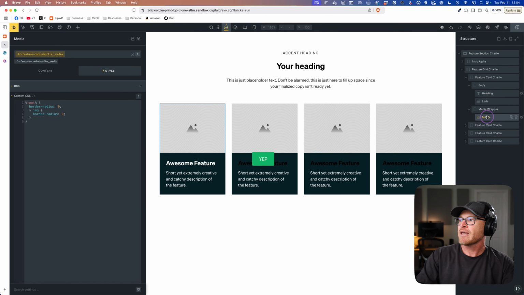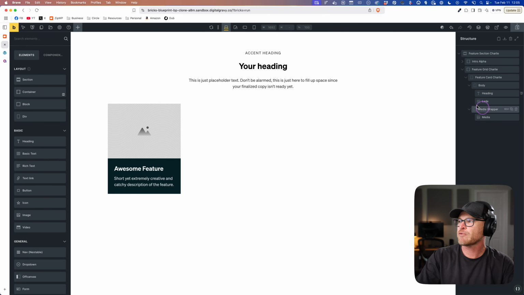Okay. By the way, a principle in Etch that we're following is if the builder ever renders a box, it will show you the box in the structure panel and give you access to the box. Like the figure tag is a box wrapped around the image, but Bricks doesn't give you access to it and it doesn't show you that it's there. And you can't style it without writing custom CSS. So we will not violate that principle. Let's go get rid of those other 3 instances as we don't need them.